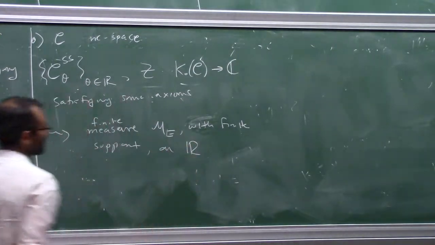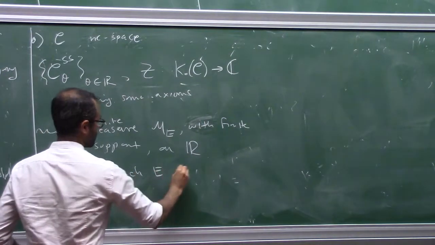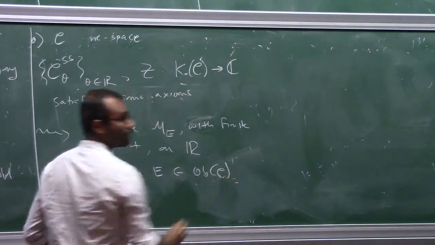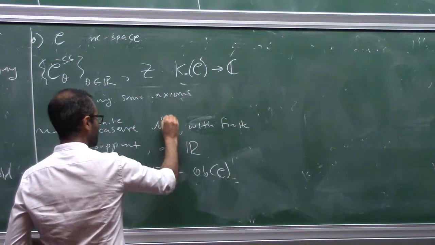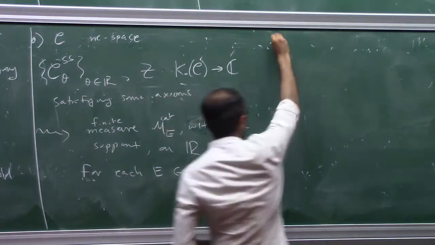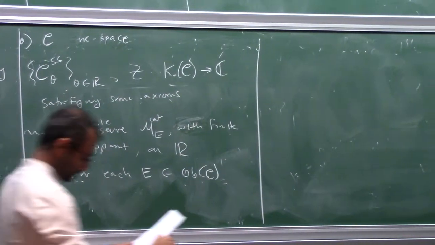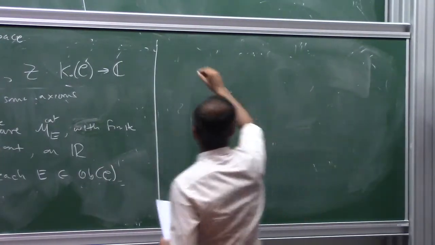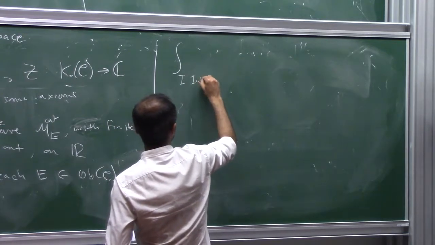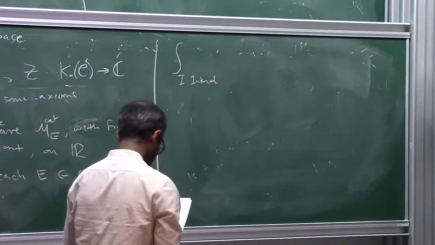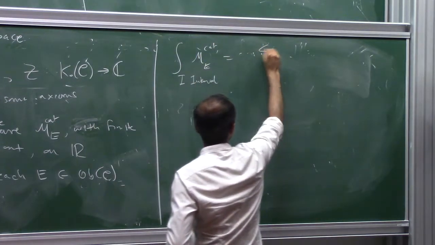On R, for each object E in the objects of C, let me call this mu sub E categorical to distinguish it from the other examples. So how is this defined? For any interval I in the real line, the integral over I of mu categorical of E is going to be the sum